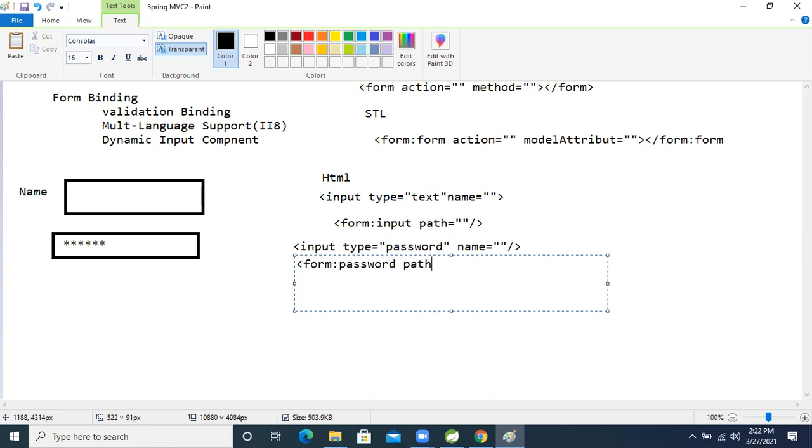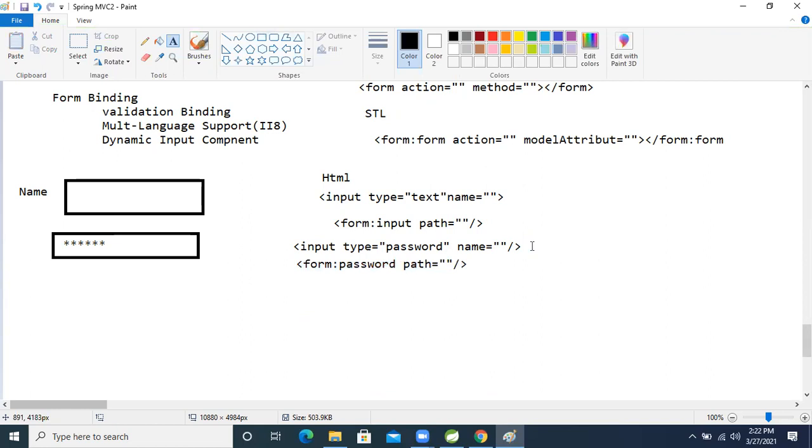After that, path, and then close it. So this is the STL style, and this one is the HTML style. This one is the Spring Form Tag Library style.